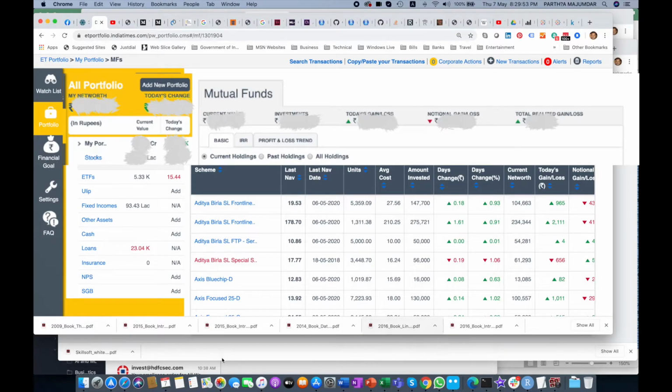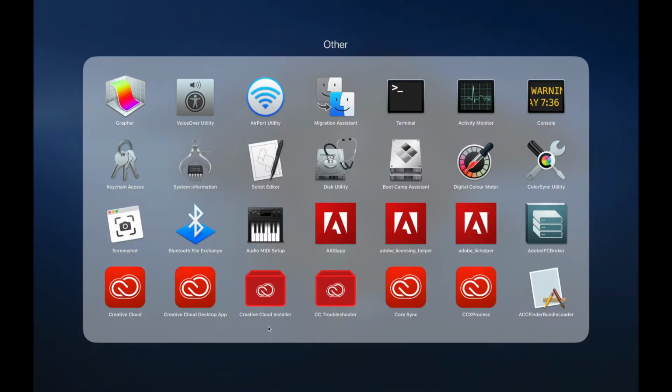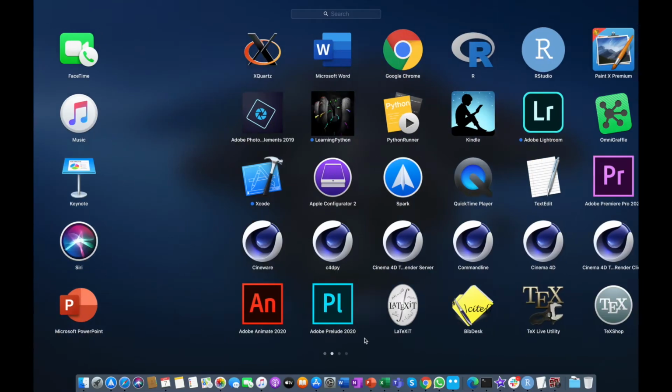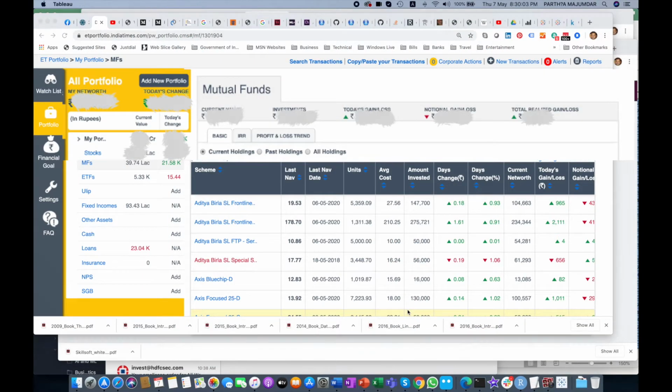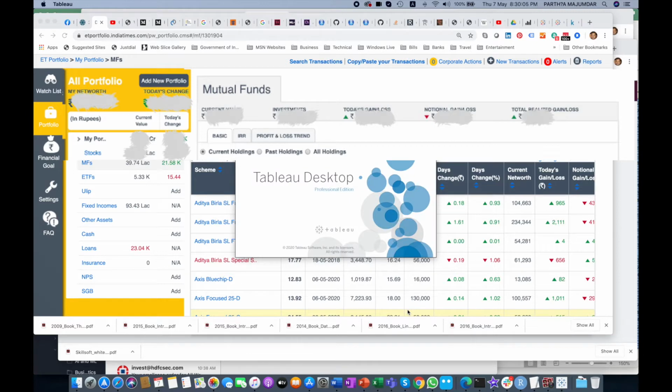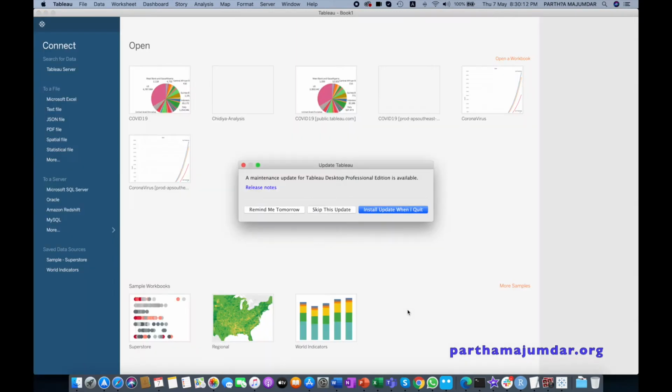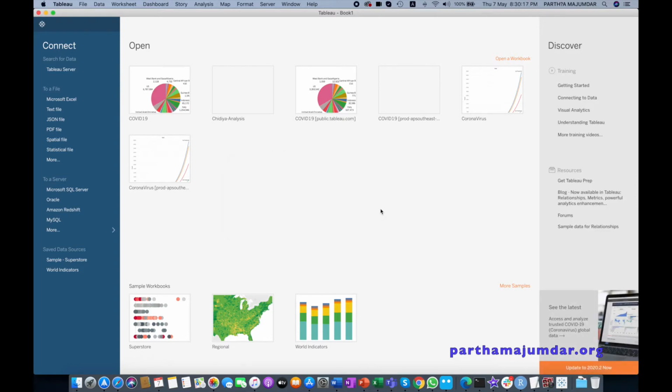This data set I got from Kaggle regarding coronavirus pandemic. So let us see how to do this visualizations using Tableau. So now let's load Tableau. We will go through the process right from the beginning so that it is clear to you. So I am invoking Tableau. So now Tableau is invoked.